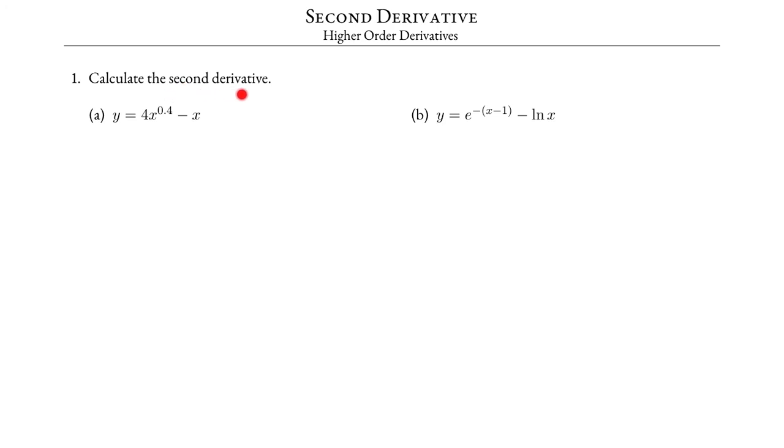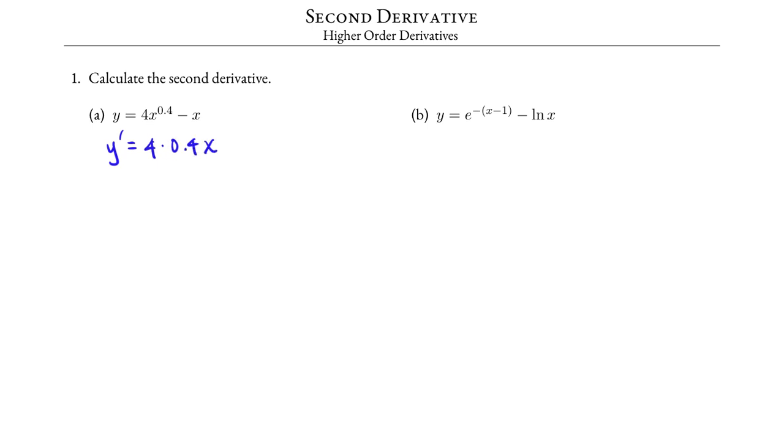Calculate the second derivative. The second derivative is the derivative of the first derivative. To find the second derivative, we first need to find the first derivative. The first derivative, y prime of 4 x to the 0.4 power minus x is 4 times